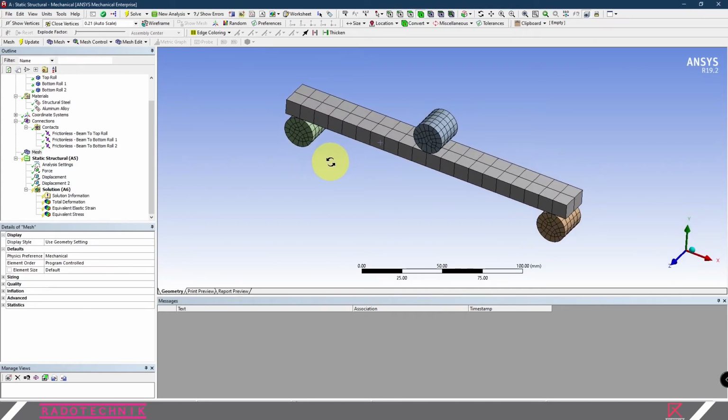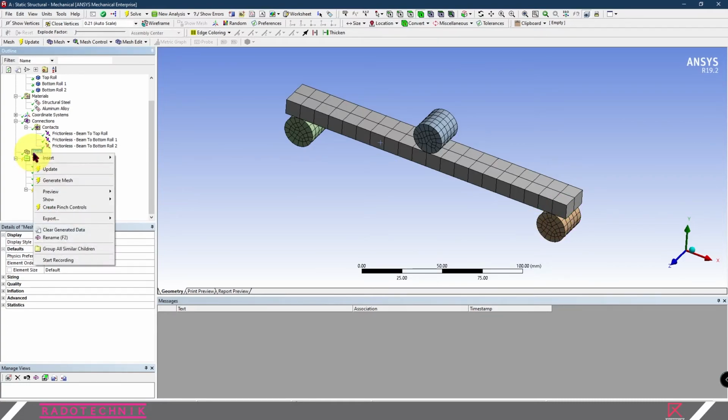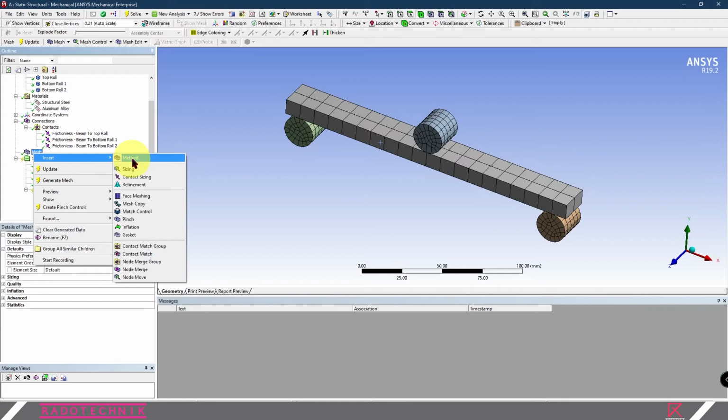This is the auto mesh that has been created by the automatic setting. You can change the setting parameters like sizing, contact sizing, refinement, face meshing, and so on.